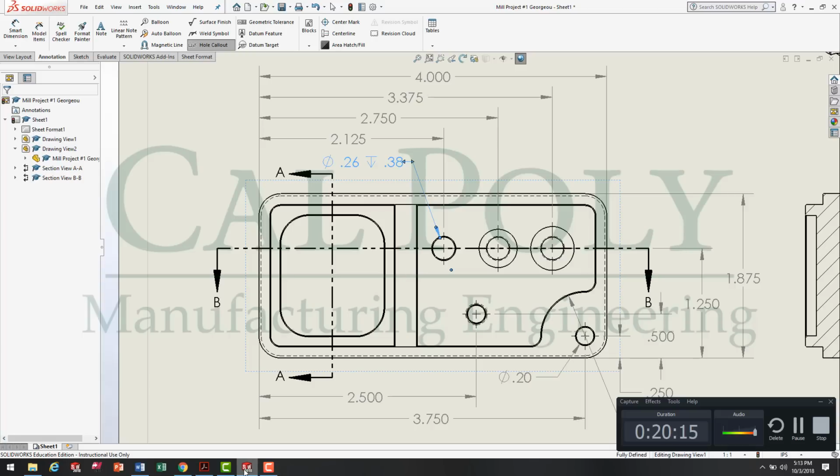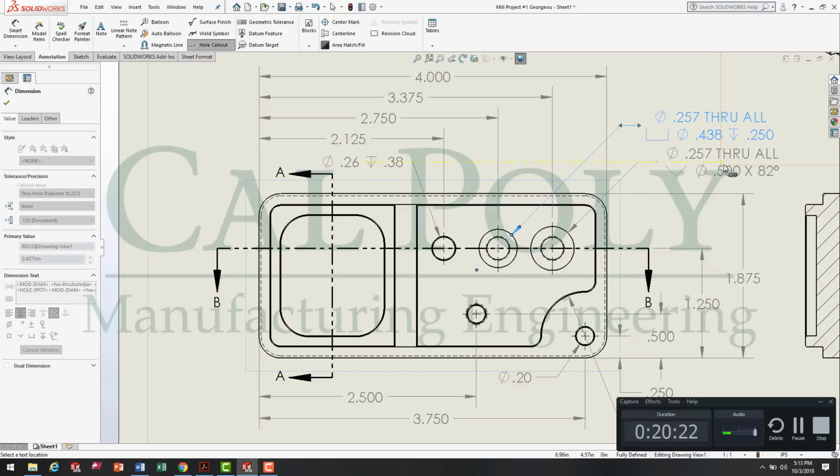Now moving back to the SOLIDWORKS model, I'm going to use the hole callout tool for the counter bore and the counter sunk holes. Now, I'm not a big fan of through all. I like to go ahead and put a depth if it's a blind hole, and if it's not a blind hole, you just put the diameter and it's assumed through. So I'm going to get rid of the through all using the dimension text on the side over here. So I'm going to go ahead and delete through, move on to this one,